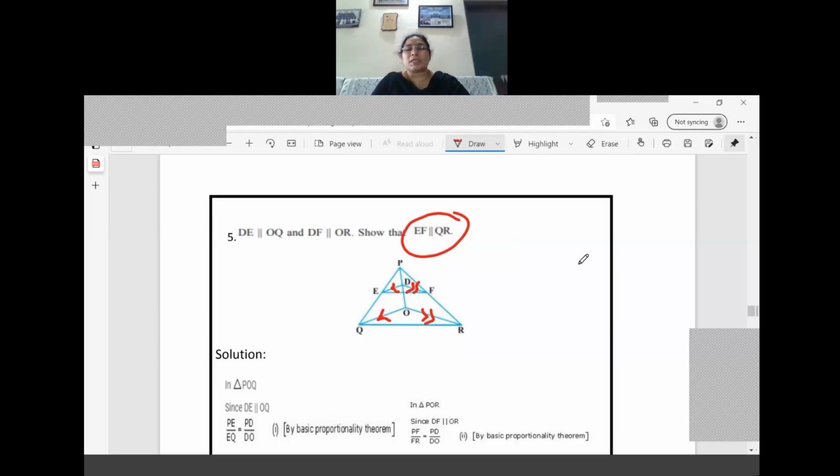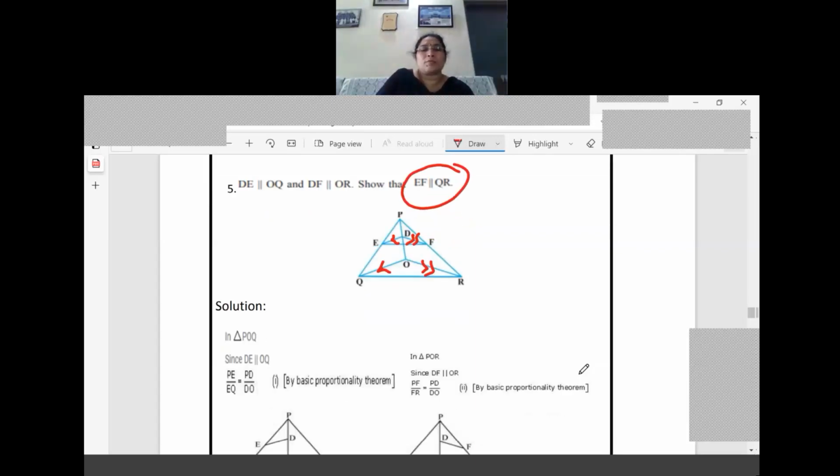I have not written the given, to prove, and construction steps, because you already know it is MCQ pattern. Simply I will write and you will not write, I know that, so I avoided those steps. The proper steps include given, to prove, construction and everything to be written. Now I'm not writing it directly, that much proof only is required because of the pattern. So we got two types of parallel lines. One is DE parallel to OQ, and one is DF parallel to OR. Now we will go through the question one by one.